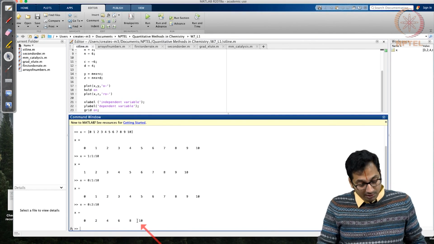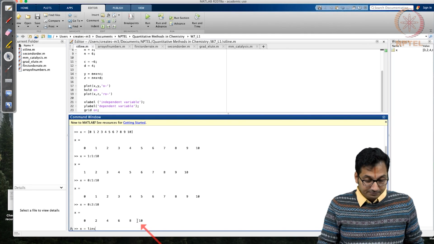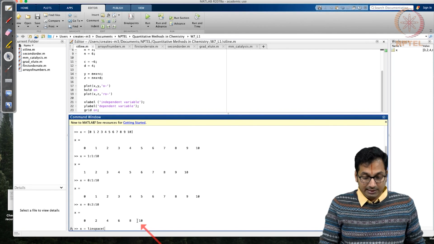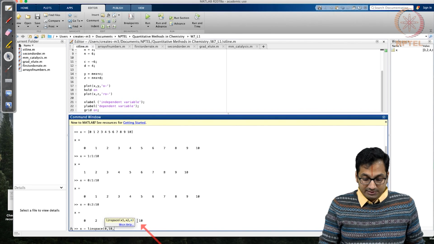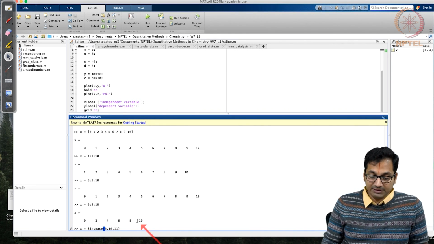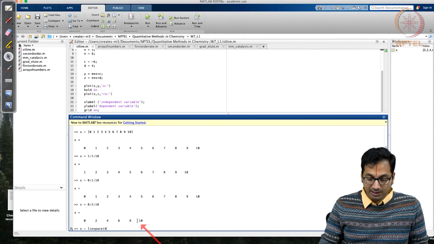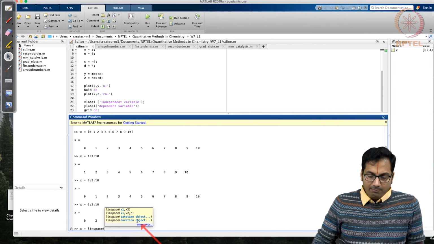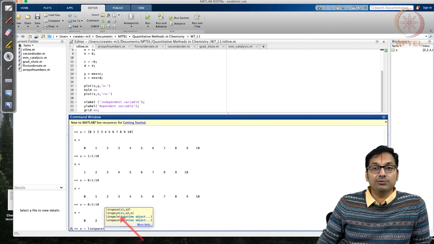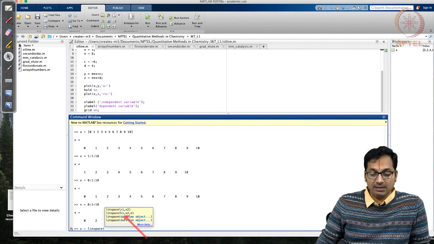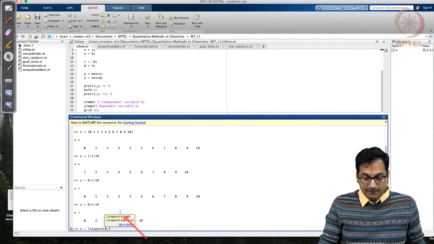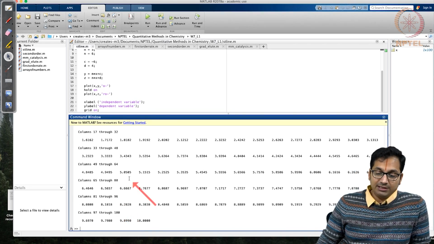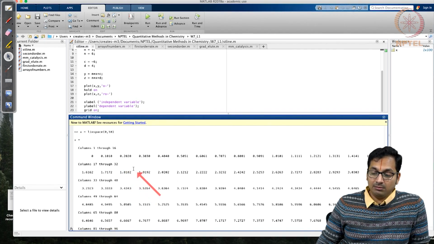The same thing can be done with other parameters like linspace, where you say where the starting point is, where the ending point is, and the total number of numbers. And as you keep typing the command, MATLAB already suggests how to use it. For instance, if you are using linspace x1, x2, when you say linspace 0, 10, it will generate numbers at a certain interval.